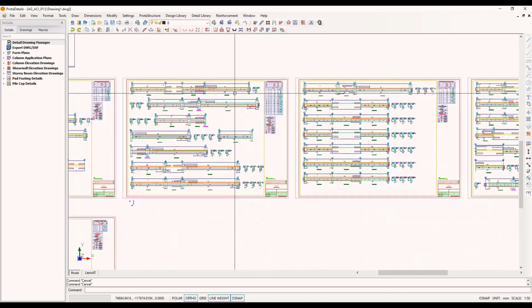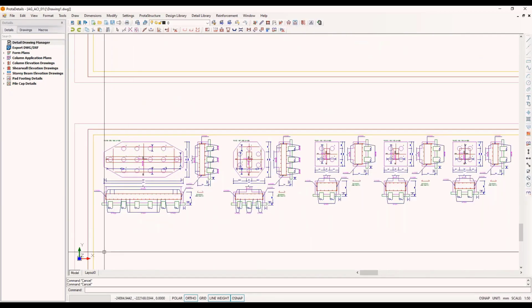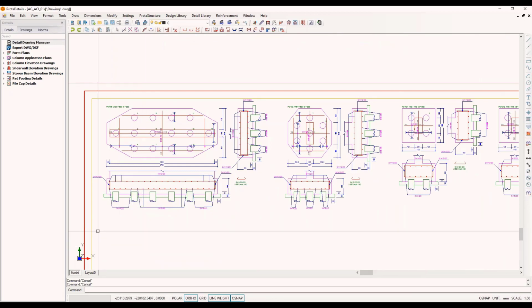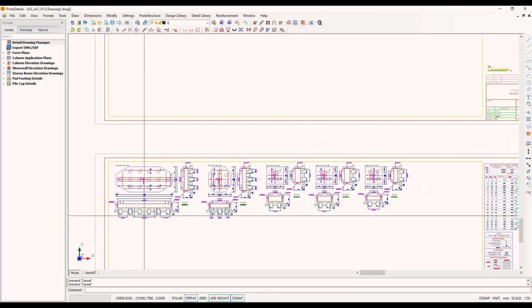Well, of course, there are a lot more to talk about, and these are my pad footing details. These are the pier cap details. They are very detailed, very precise, as you can see. Well, of course, there are a lot more to talk about here, but I would like to show you how